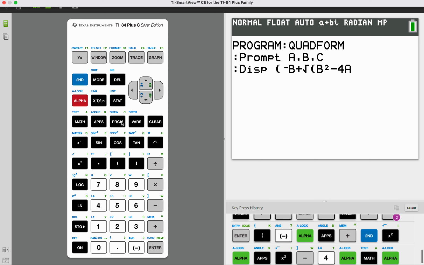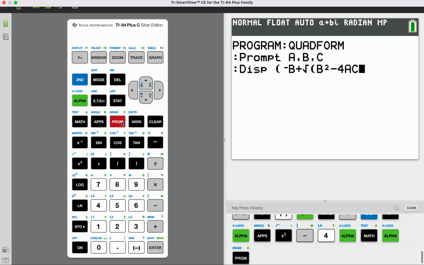Now, I know the calculator knows how to interpret this with the correct order of operations, but if you want it to be safer, just add more parentheses so there's no debate. Now I'm going to close the parentheses. I have to be really careful because this square root is this set of parentheses here. But I need to finish my numerator, so I'm going to do one more parentheses, and that says that's all